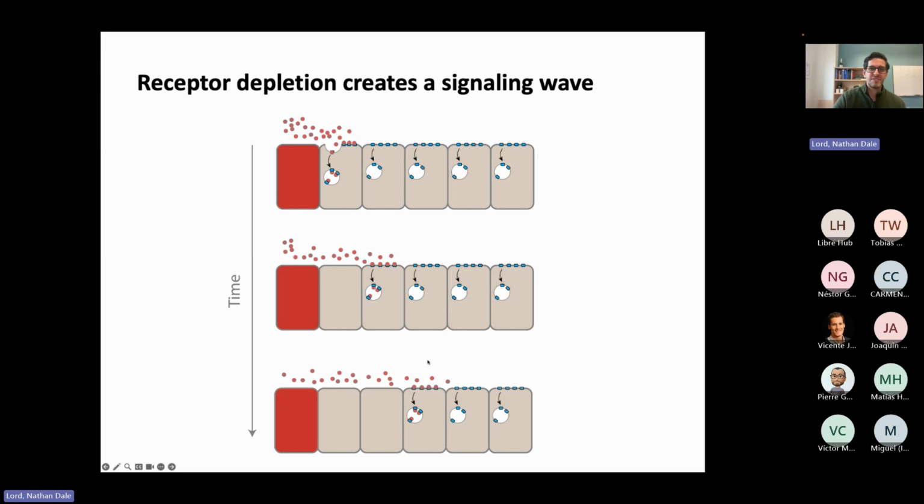And then it makes it to the third cell until those are consumed. And this just kind of plays out over and over. And if you think about where signaling is going to be, it's where receptors are occupied by ligand. And so first it's there, then it's at the second cell, then the third cell. And so this sort of depletion effect actually creates a traveling wave of signaling that goes towards the top of the animal. And if you look by immunostaining at wild type and zygotic OEP mutants, this is exactly what you